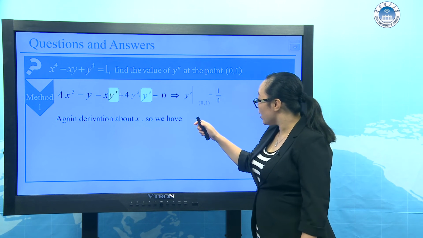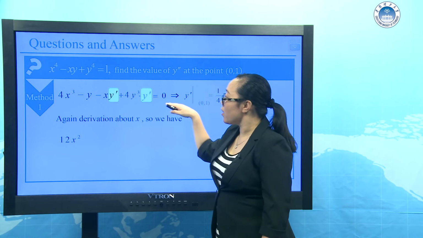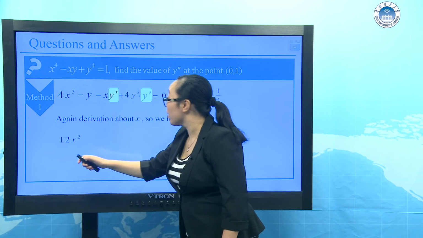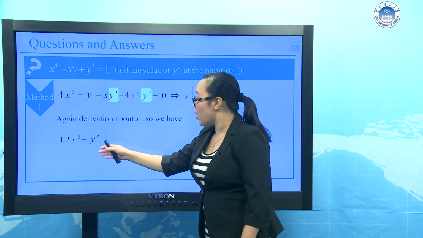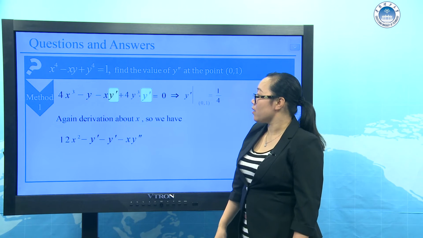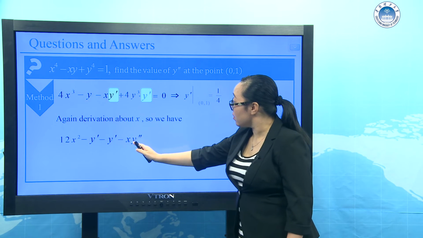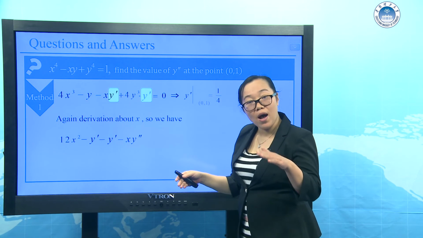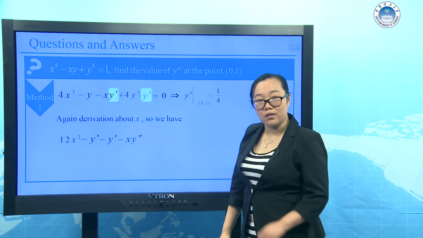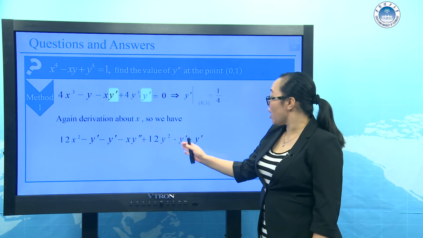So we can get the following, the first term. Do the same computation, derivation, for every term. The first equals 12x squared minus y prime, minus y prime doesn't change, times x and times 1 minus x, doesn't change, y prime 1 time prime means y double prime, the second derivative, plus 12y squared times y